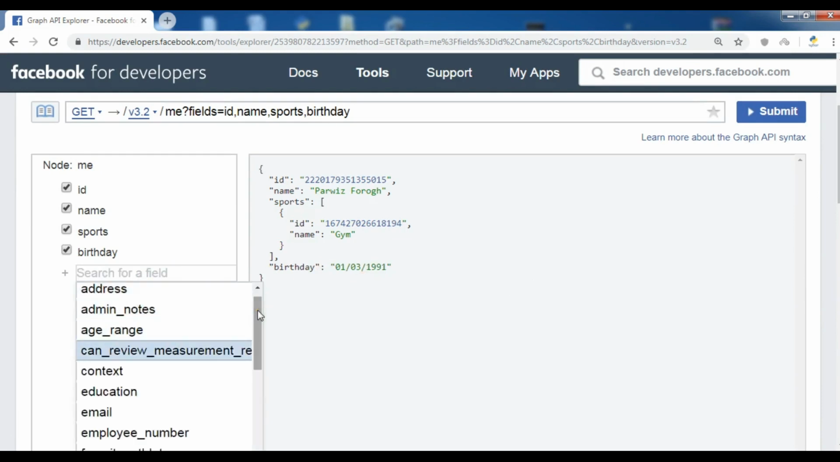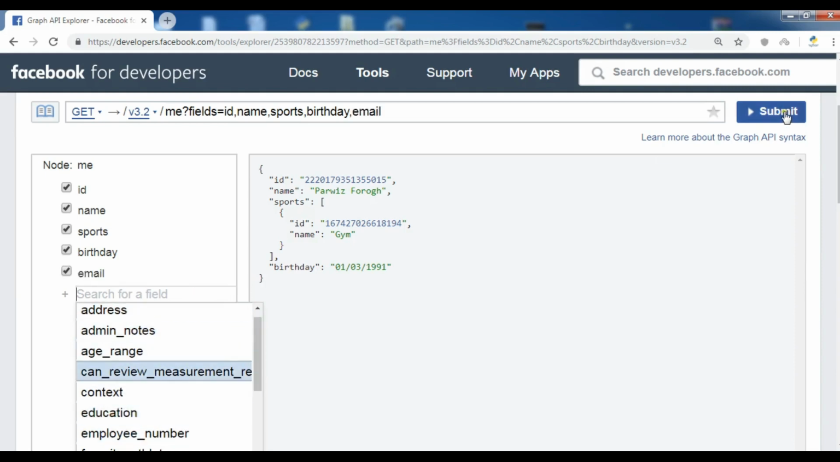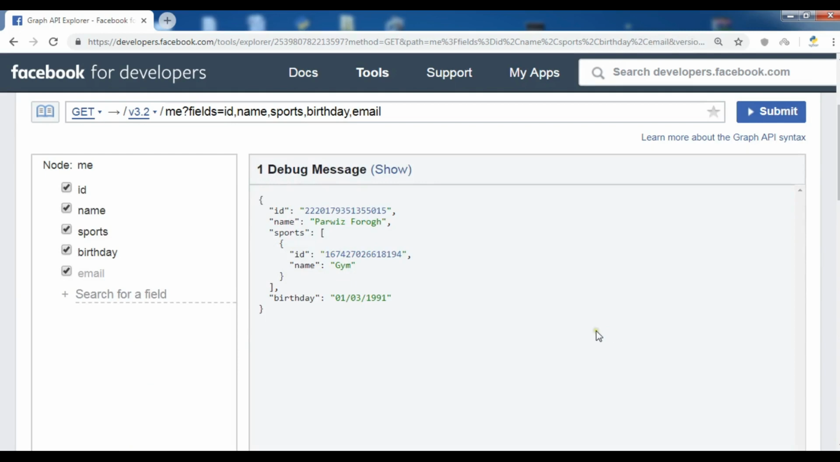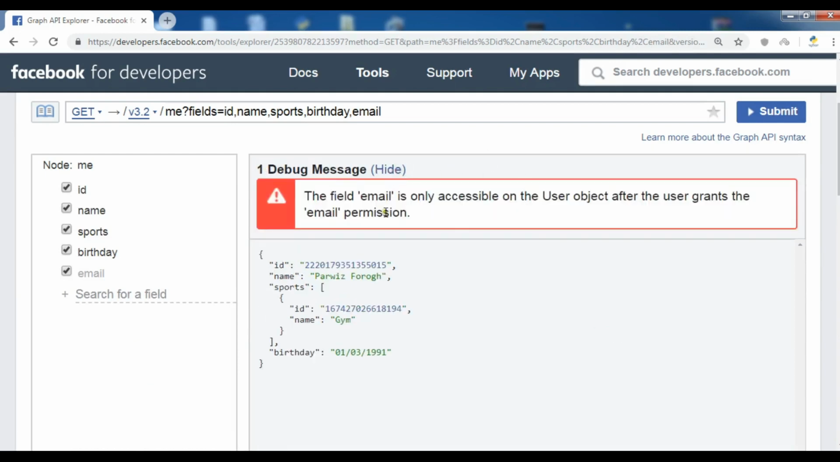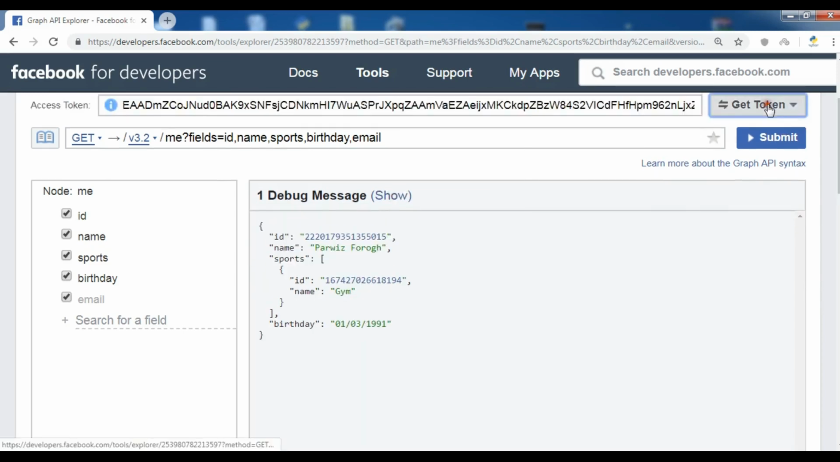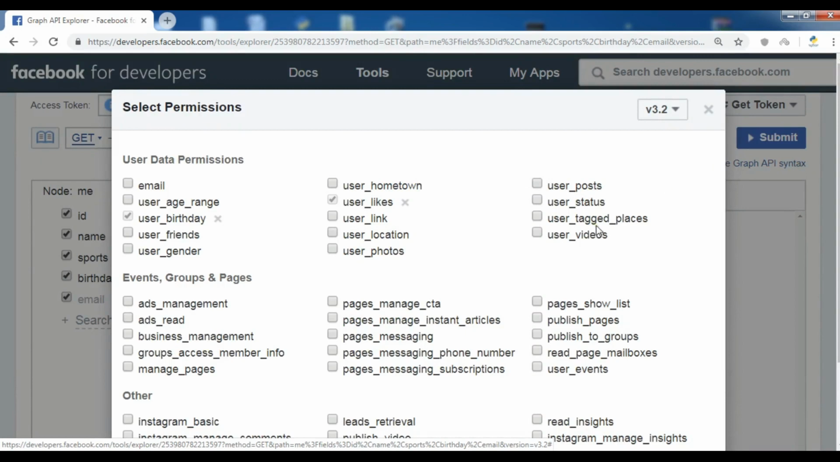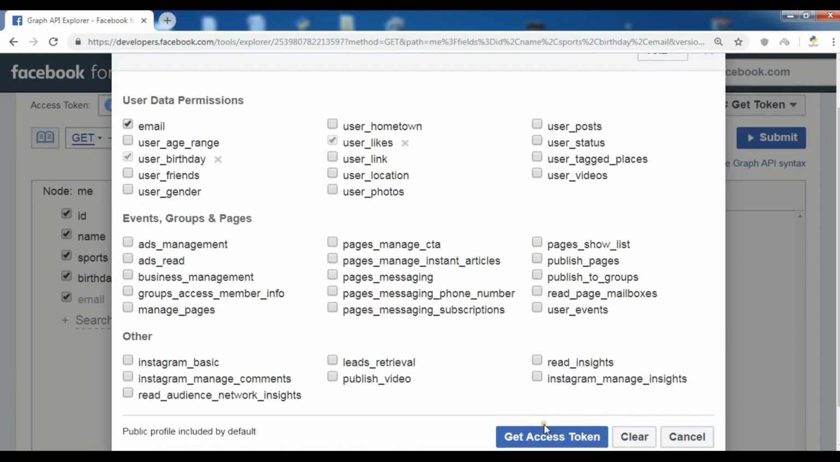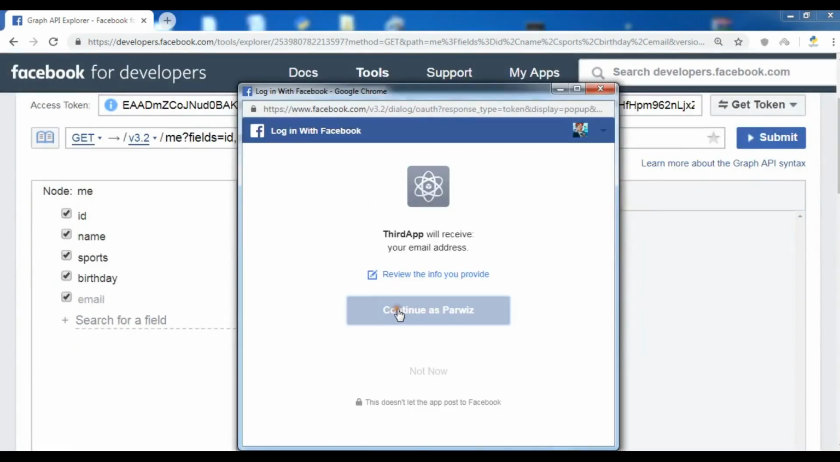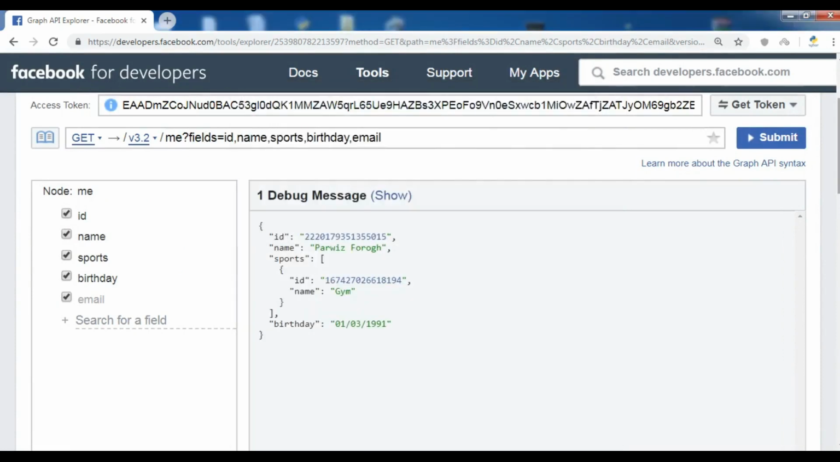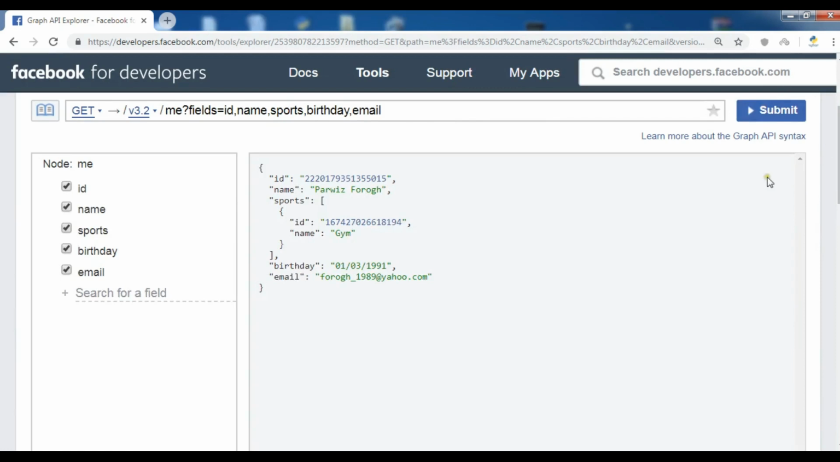If you want, for example, email, let me submit, and for this I also need the email permission. So I need to get the access token. Get Access Token, Get User Access Token, and from here I want the user email permission. Yes, this is the email, and you can get the access token. So continue, and let me submit this. Now you can see that this is the email address that you have received. So now these are the basics of